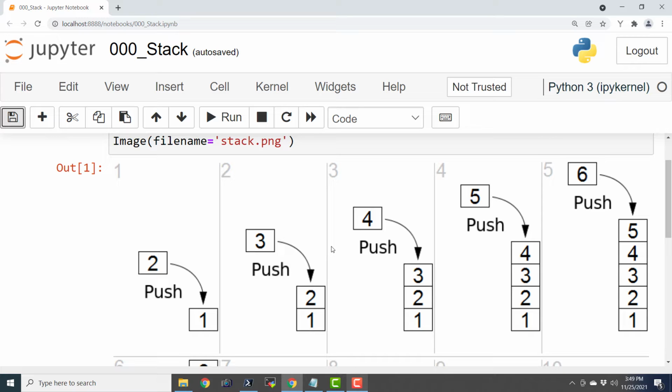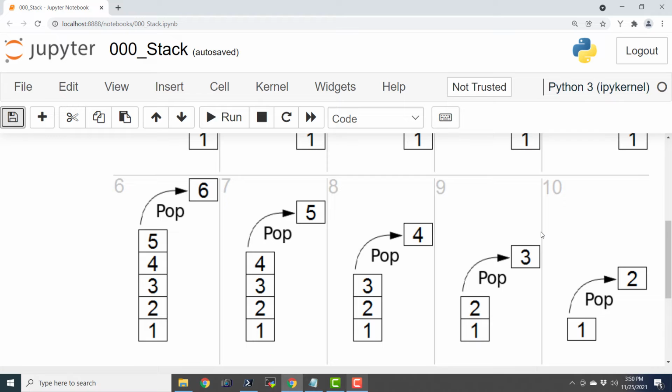Now we are going to represent the same stack in the world of programming and computer science. We are going to have a linear data structure and then write routines in such a way that we can only remove or add an item into the stack from one end. This is the representation of the push functionality, which is nothing but adding an item to the stack. So we are taking an integer and pushing it to the stack. Earlier the stack was empty, then we pushed 1, then we pushed 2, 3, 4, 5 and 6. This way we can add an element to a stack.